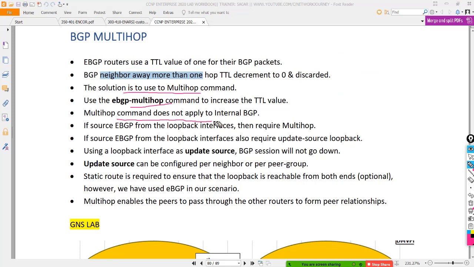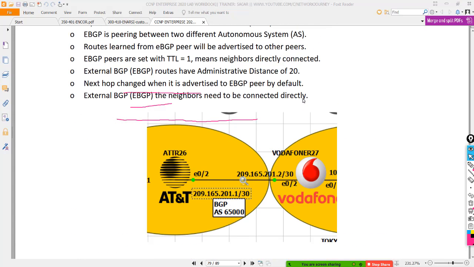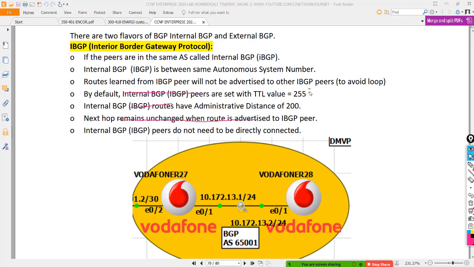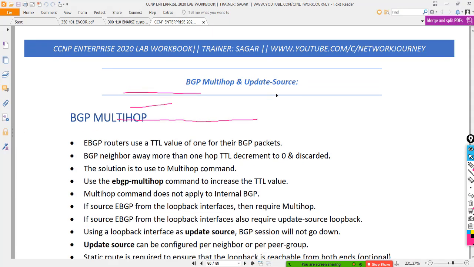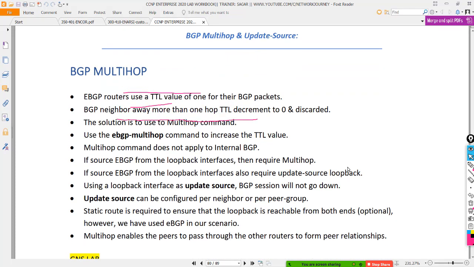The command does not apply to iBGP because in iBGP the TTL value is 255. You remember this for now: in iBGP the TTL is 255. So you have in any corner still a lot of TTL values so that they can find it out. But in case of eBGP the TTL is just 1, so you don't have much option there.